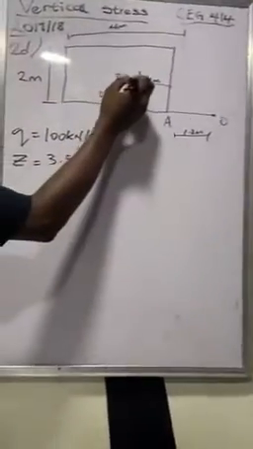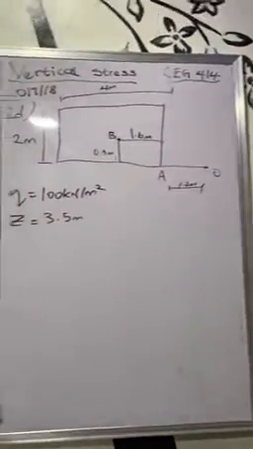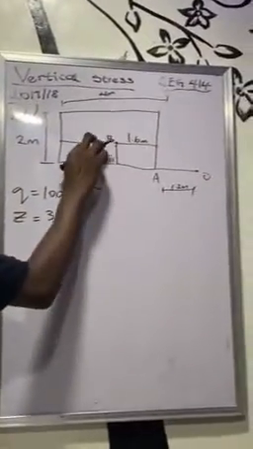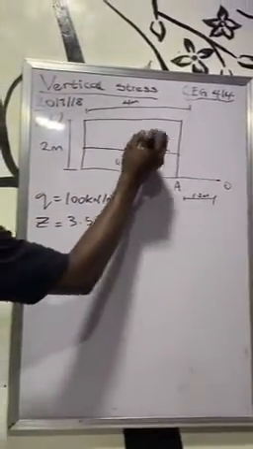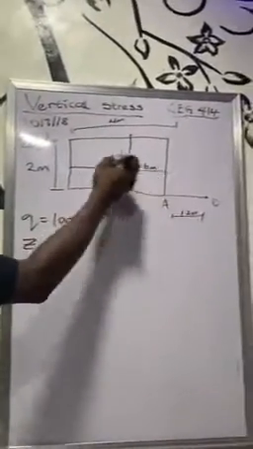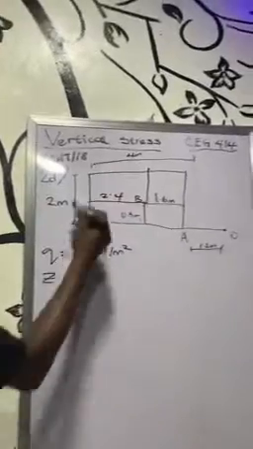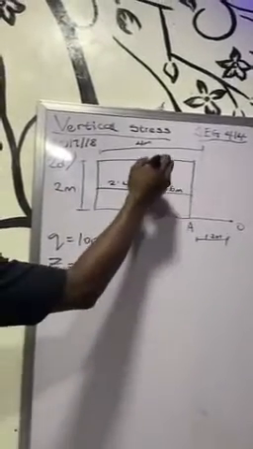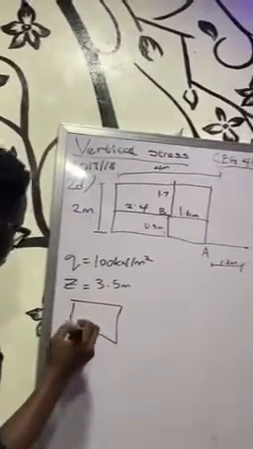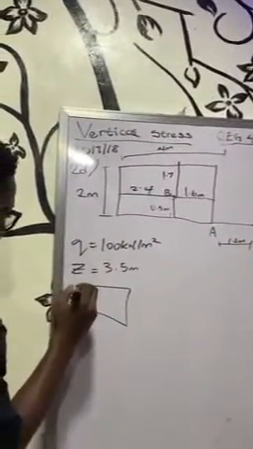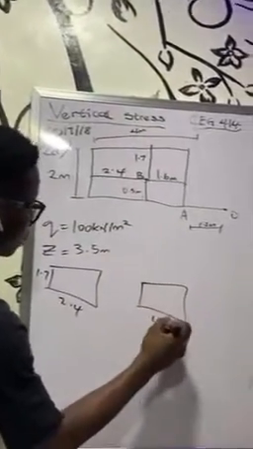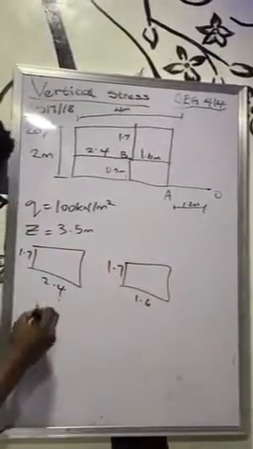So for this point B, as I said before, you divide into rectangles, which means I'll do this, and I'll do this. If I have this to be 4 meter, I have this to be 1.6, so what to the left here will be 2.4. If I have this to be 2 meter, and I have this to be 0.3, what to the left here will be 1.7. So I have 4 rectangles of different dimensions. This is 1.7 by 2.4. The second is 1.6 by 1.7. The third is